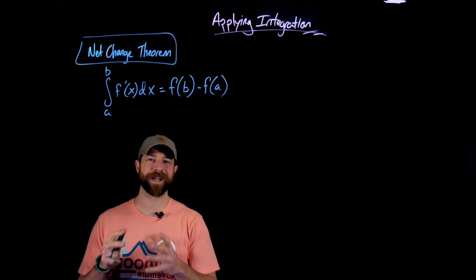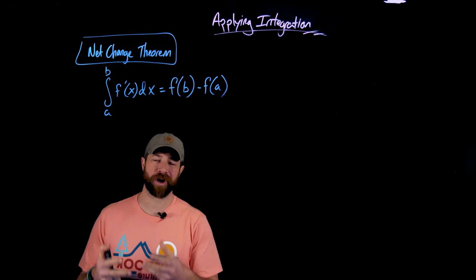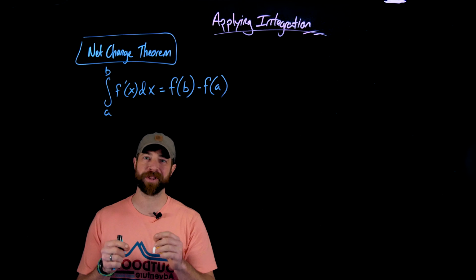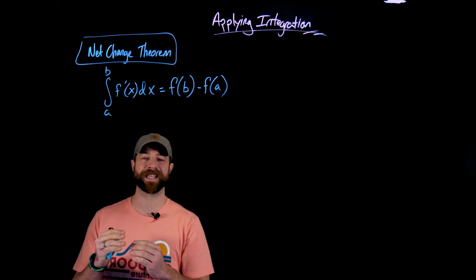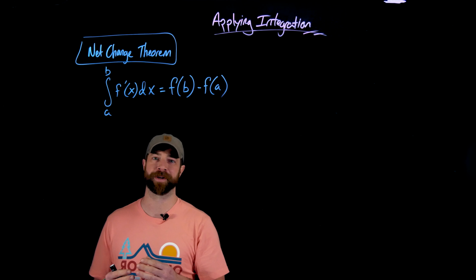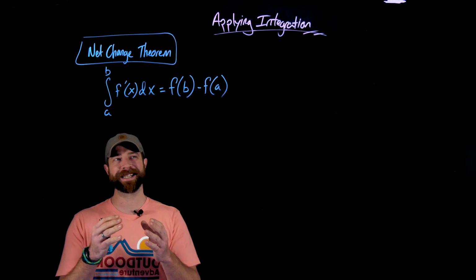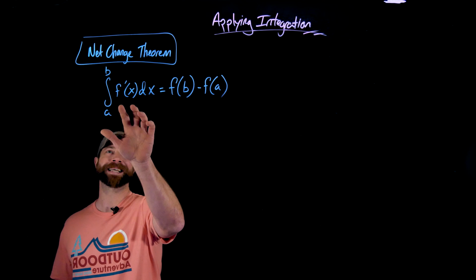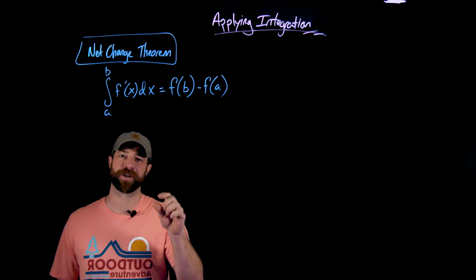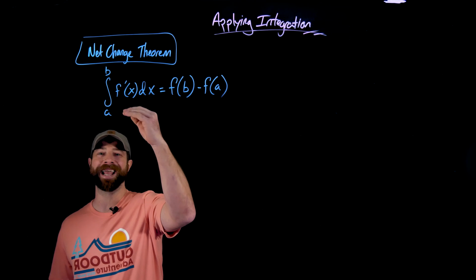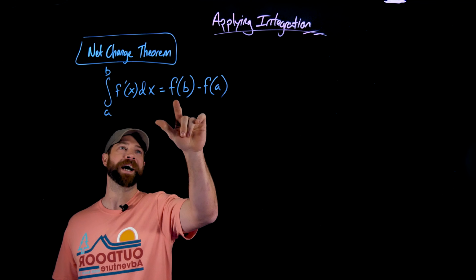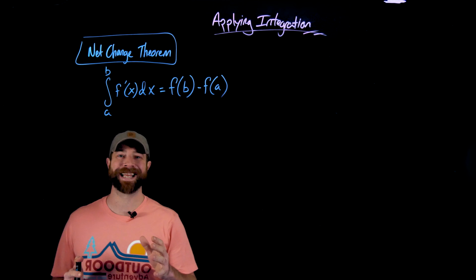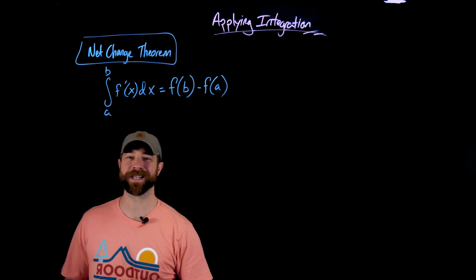All right, next thing is I want to investigate a little bit deeper some of the consequences of the fundamental theorem of calculus. First of all, the net change theorem. If you remember, the net change theorem is the second of the two statements that we find from the fundamental theorem. I've stated it a little bit differently in this case. So instead of saying antiderivative and original function, what I've stated is that in this case, if you have the rate of change function of a function and you integrate from a to b, you calculate that with f of b minus f of a. But more important to this statement is the fact that if I add over this f of a,